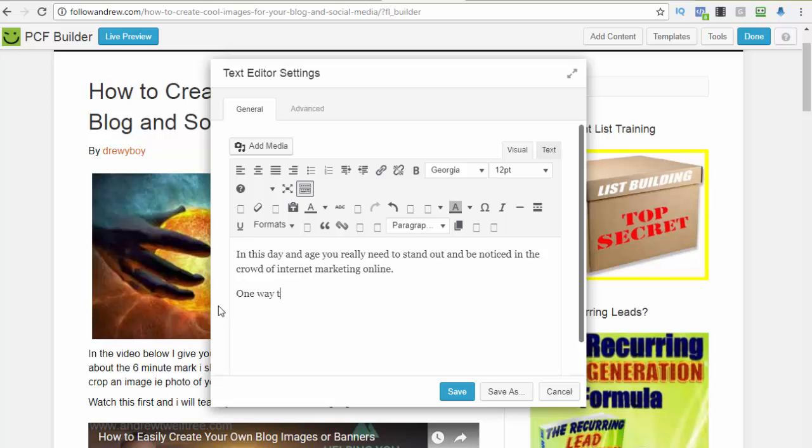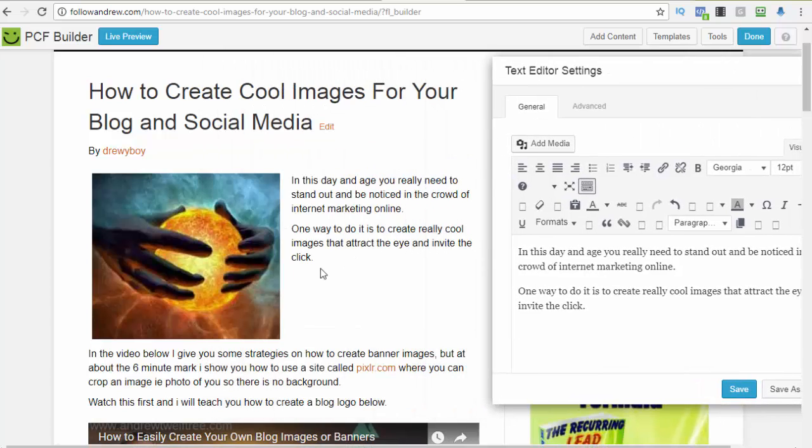One way to do it is to create really cool images that attract the eye and invite the click. Oh, damn, I'm good. Okay, so if we move that out the way a little bit,